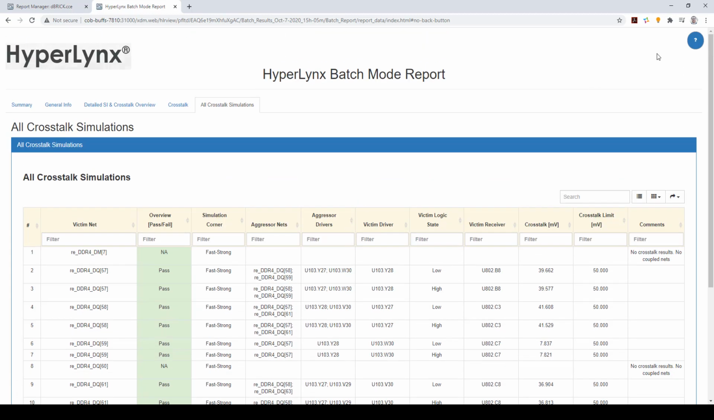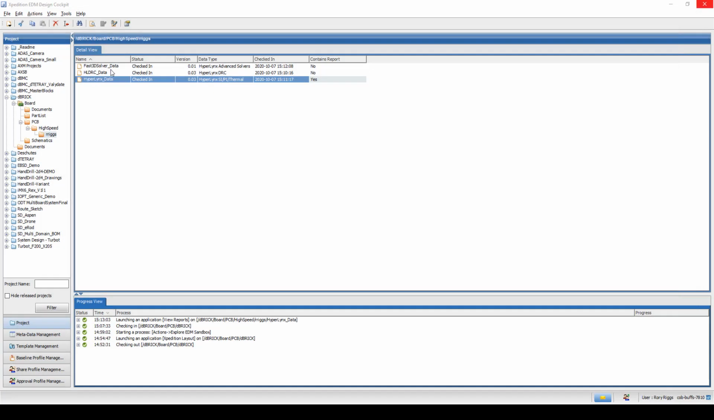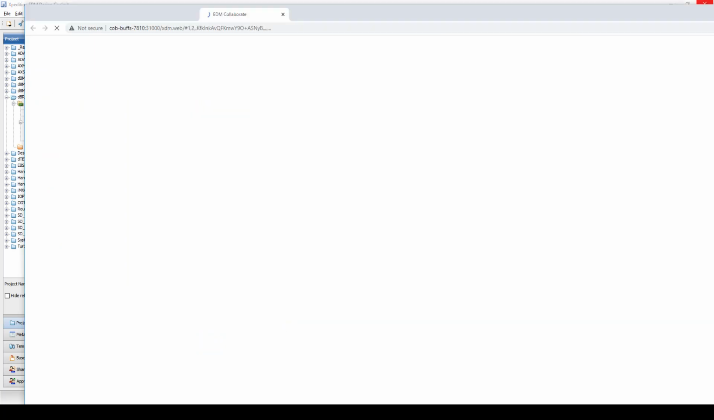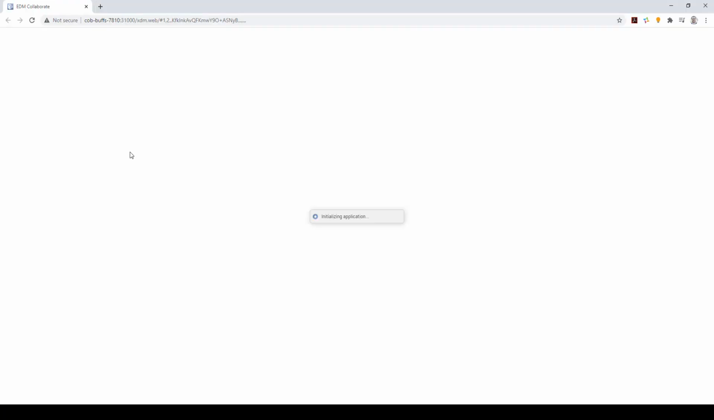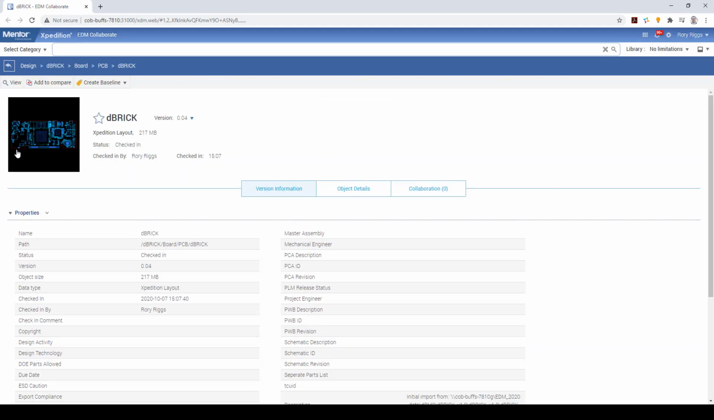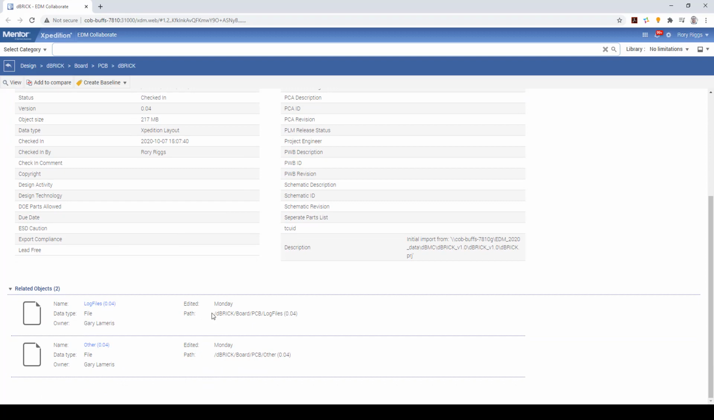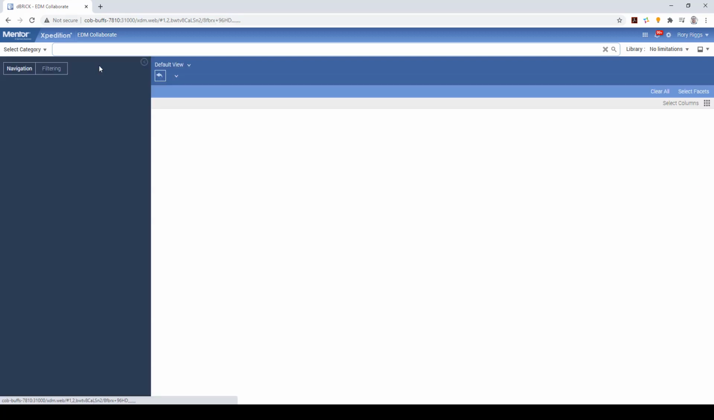VX 2.8 brings this improvement also to the EDM Collaborate tool. Before, a user would have to check out or download report files using EDM Design Cockpit, and then view them locally using the HyperLynx Report Manager application. Now, there's a great benefit added for the user to easily open and view reports in EDM Collaborate while browsing